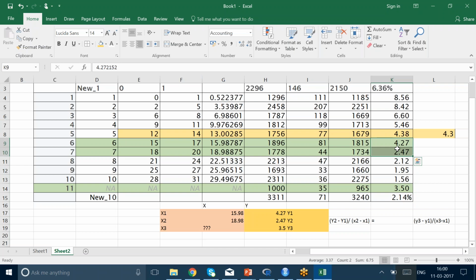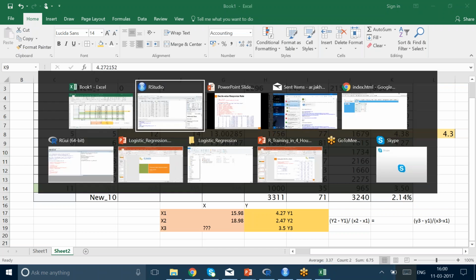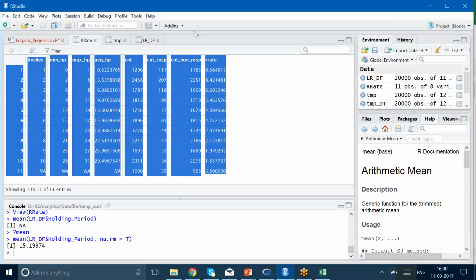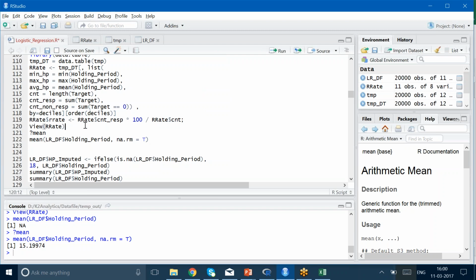But did you get the logic? This is how missing value imputation is to be done. The other way, I already mentioned, is that you can build a linear model. You build a linear model, holding period as a function of other variables that you have. You get an equation, use that equation, and now predict the value of holding period. The only thing that you should remember